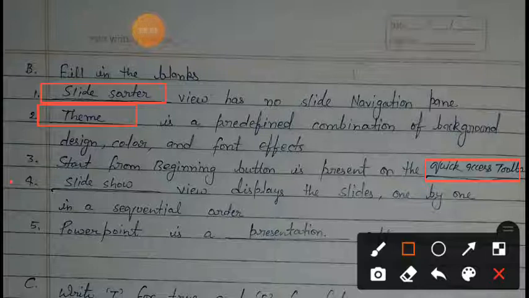So students, here you have to fill slide show. And now come to the question number 5. PowerPoint is a dash software. So students, here you have to fill presentation. PowerPoint is a presentation software.